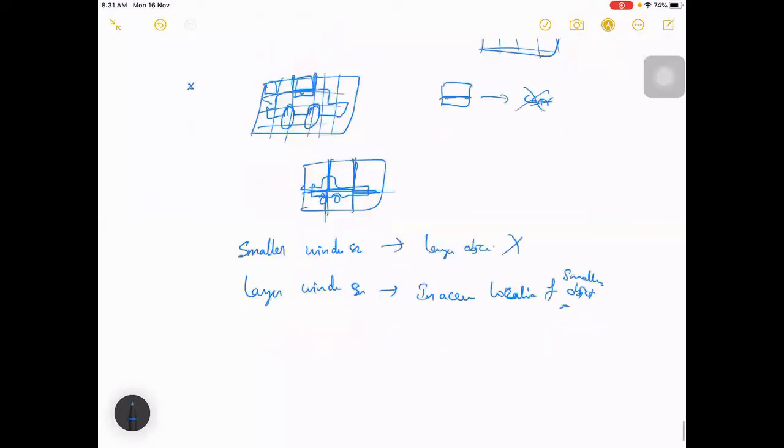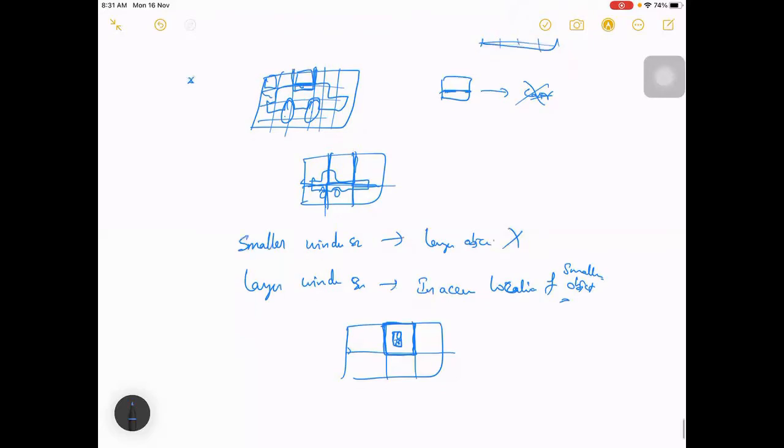Suppose you have taken a larger window size like this, but your cat is only like this. Then you'll get the entire thing as a bounding box, but not this, right? The cat is only till here, but because you are taking a larger window size, you are giving this as a bounding box. So that is not so accurate.